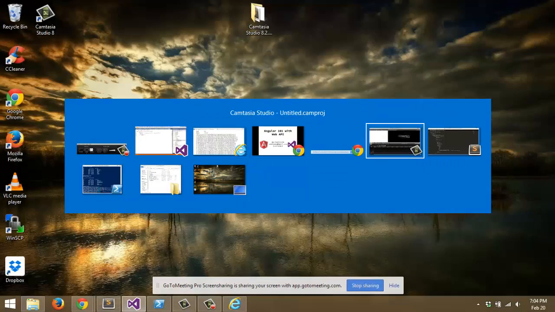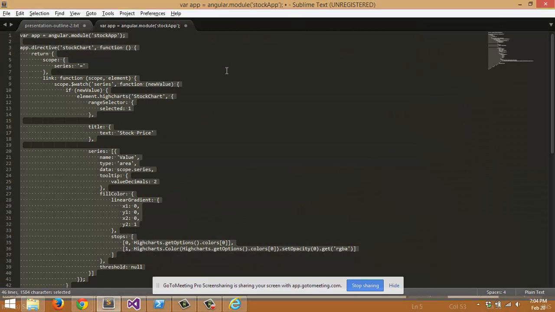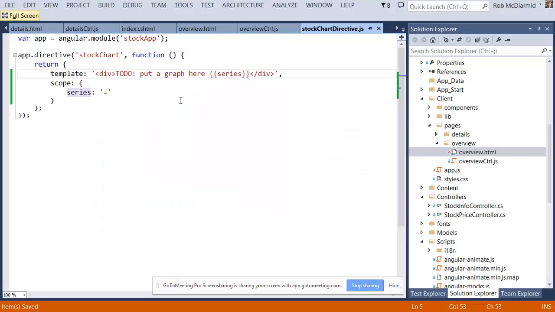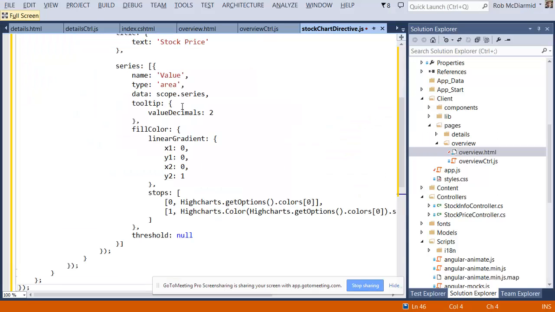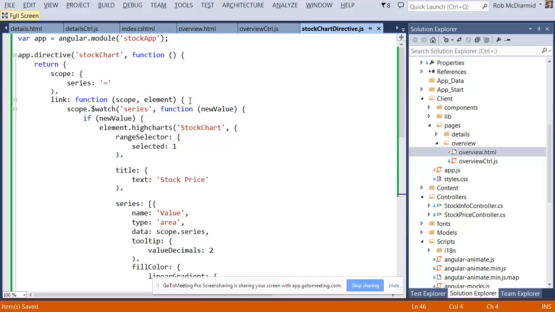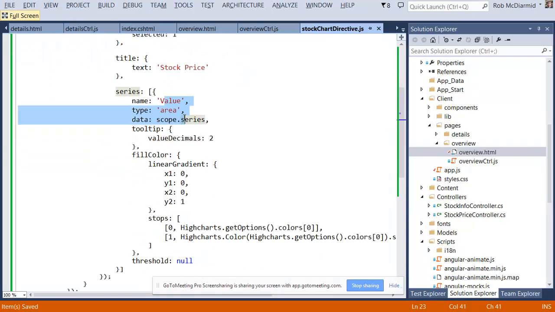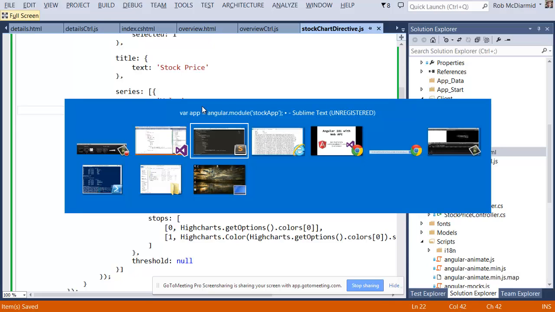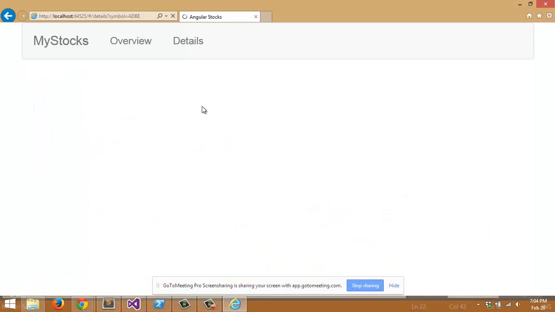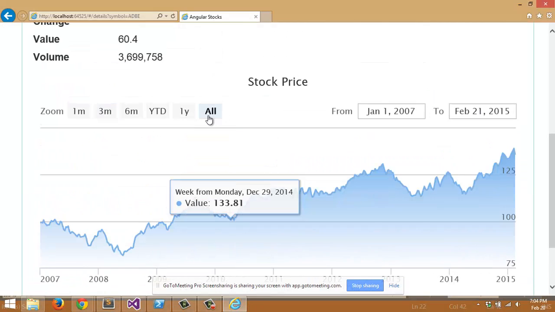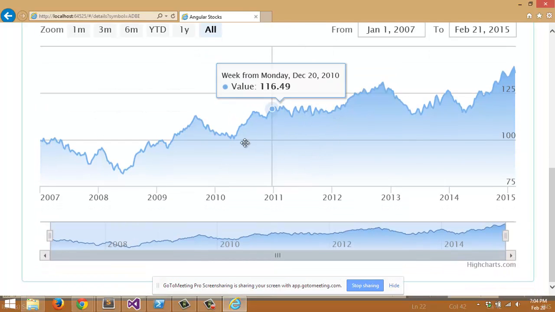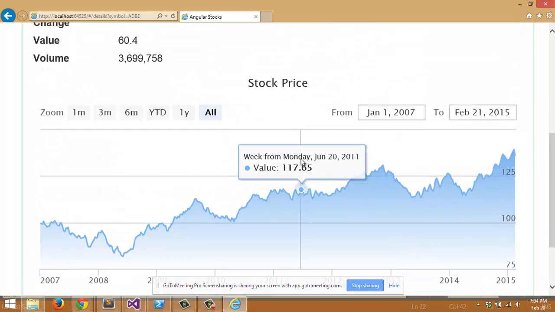But just to save us some time, I'm going to copy paste that in. So I'm going to use a third-party library called HiStocks. And this looks like a bunch more code, but it's mostly just configuration, like saying what the title is and what the X and Y axis are. And then here we're passing that series into HiStocks, and then it should basically generate a graph for us. So if we reload this, yay, now we have a pretty graph of this stock,